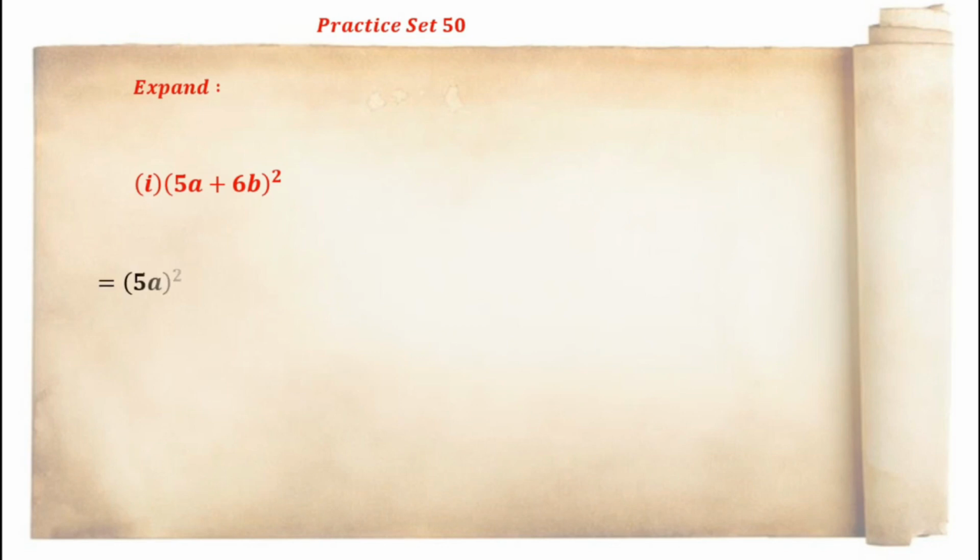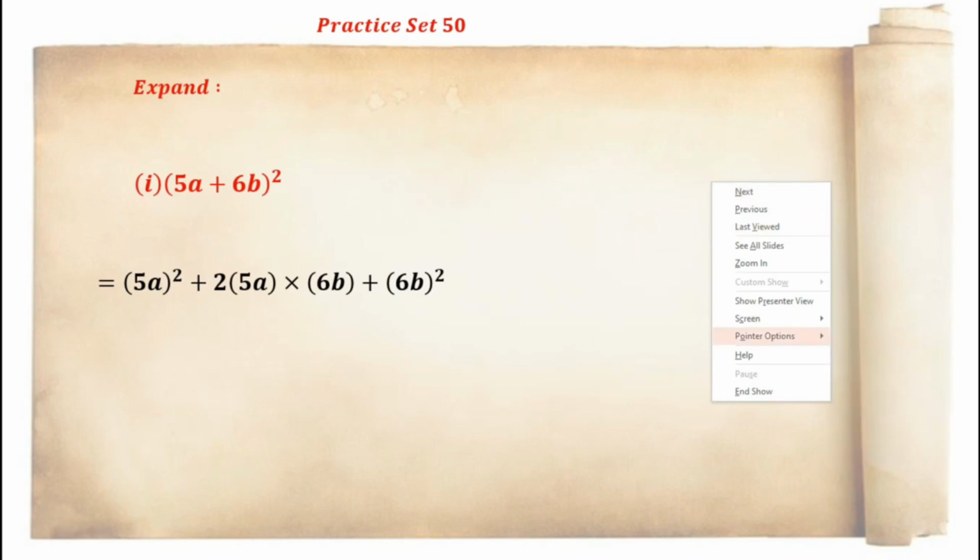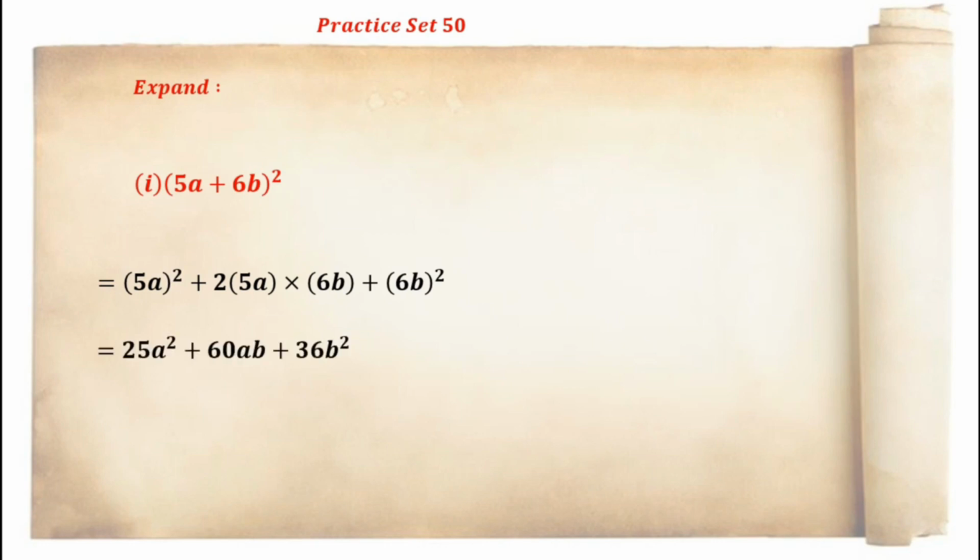Okay, so here you will see that (5a) raised to 2 plus 2 into bracket 5a into 6b plus (6b) raised to 2, and 5a would be 25a raised to 2 plus, 5a will be 25 and into 2, okay, so